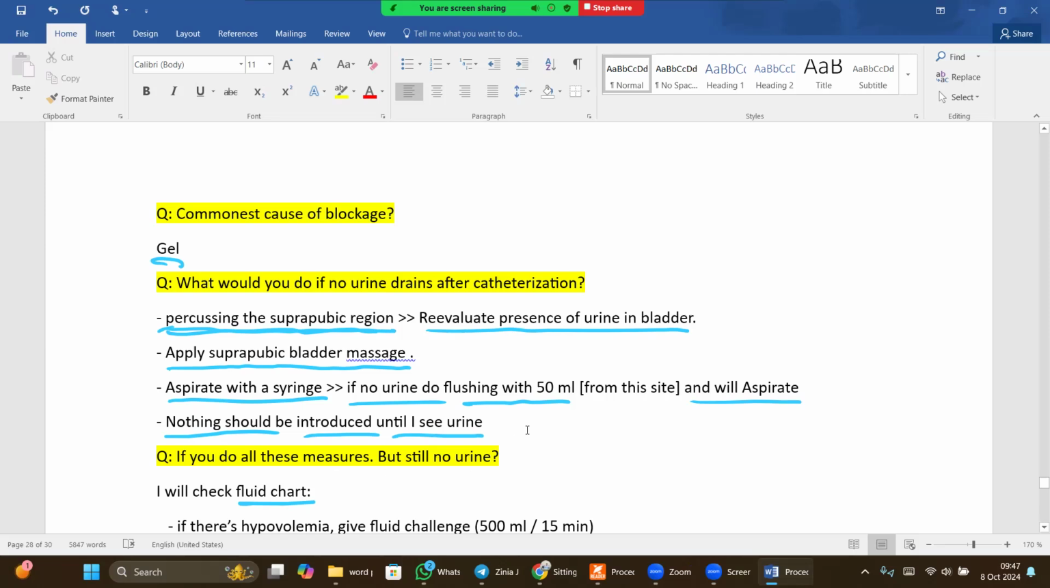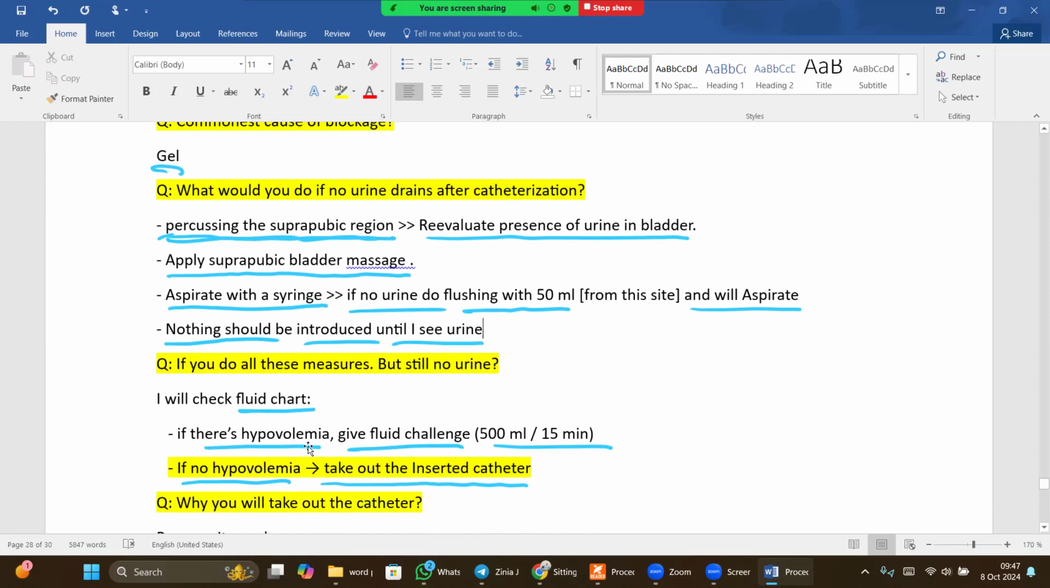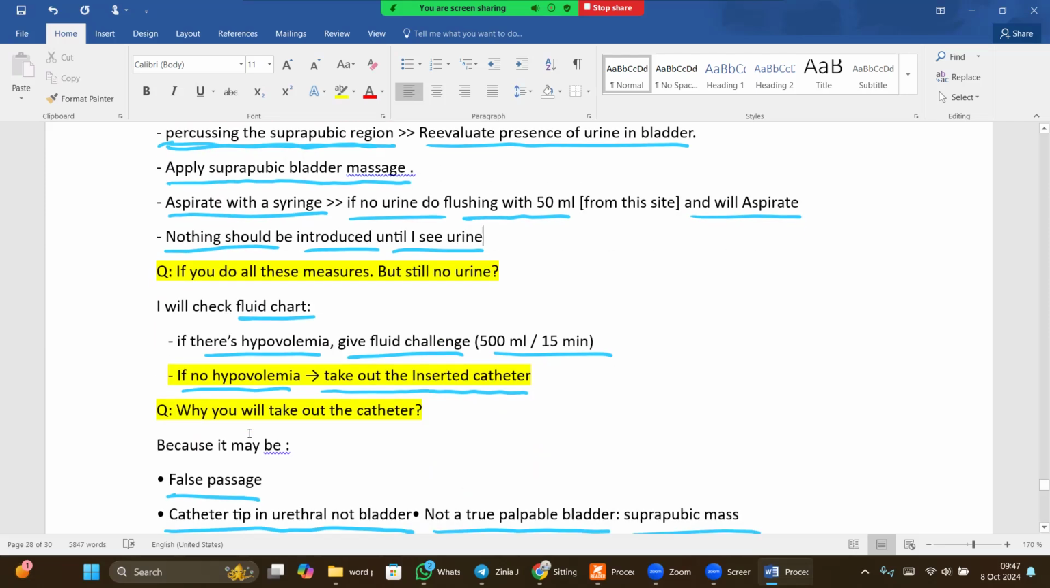If you do all these measures but still no urine, then I will check the fluid chart, because if there is hypovolemia, I will give a fluid challenge, that is 500 ml over 15 minutes. If no hypovolemia, take out